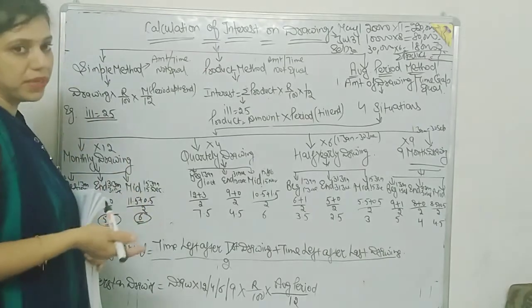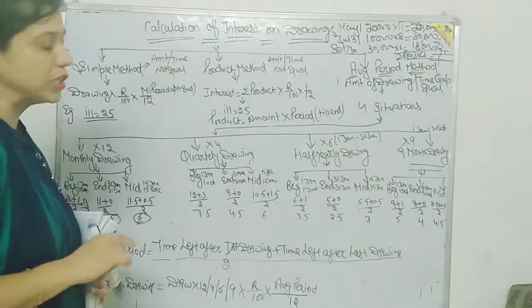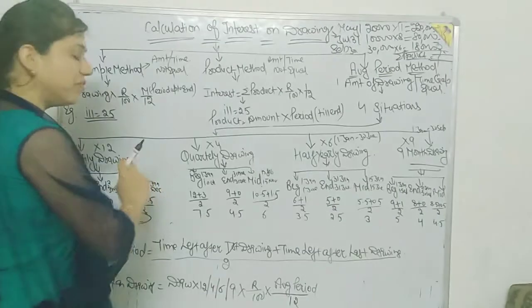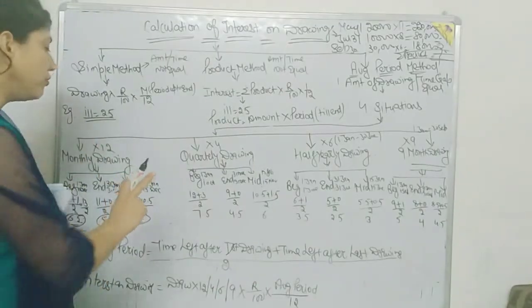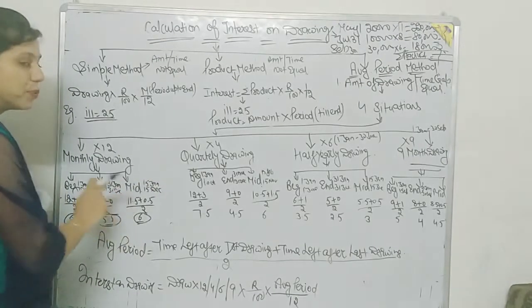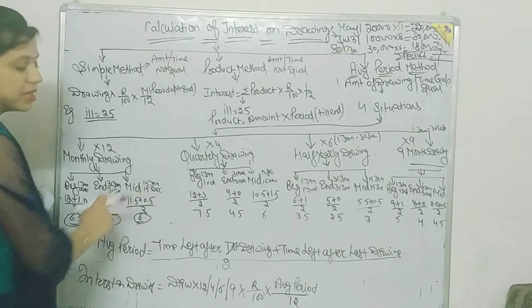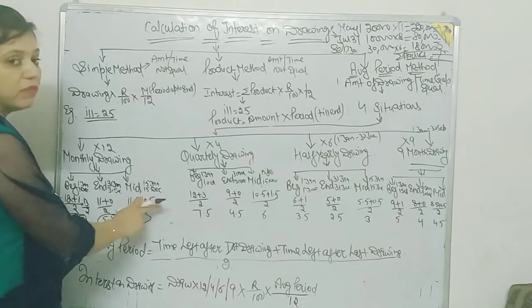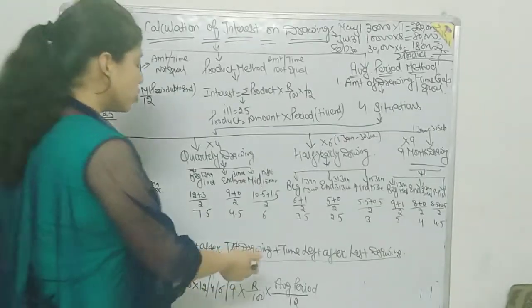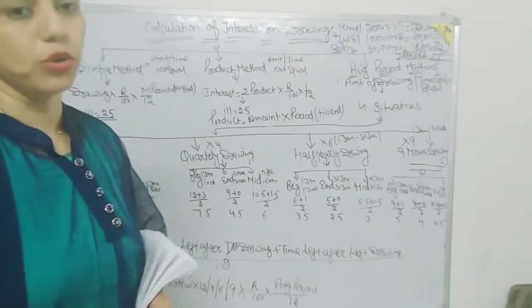Next, one more example. If drawing is made at the mid of every month, it means the first drawing is made on 15th January and the last drawing is made on 15th December. So time left after 15th January is 11.5 months, and time left after 15th December is 0.5 months. So 11.5 plus 0.5 upon 2, that means 6 is the average period. So in this way there is no need for cramming if the concept is clear to you.